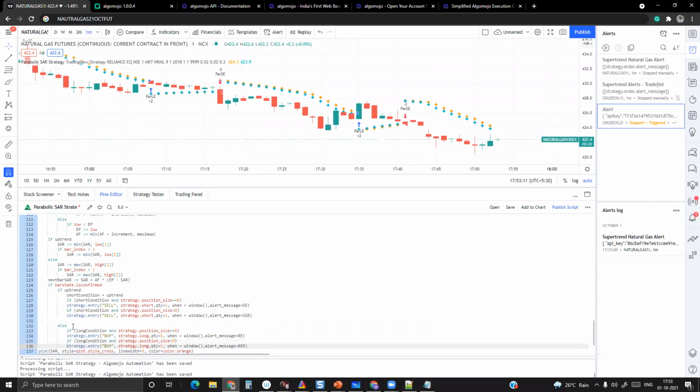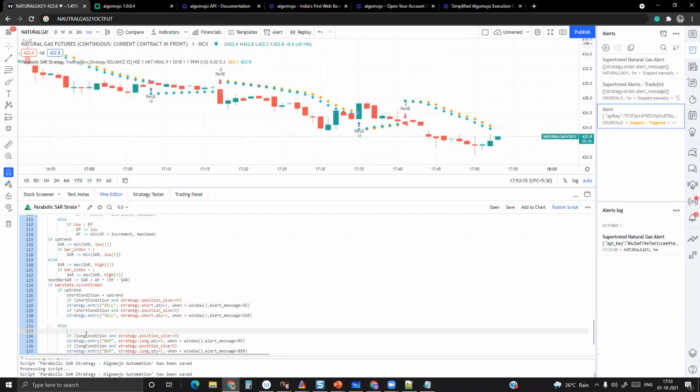So I have to set the long condition. If else is getting triggered, obviously the long condition is true only. Long condition equals true.